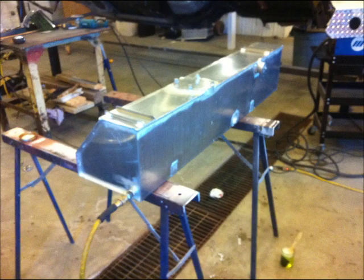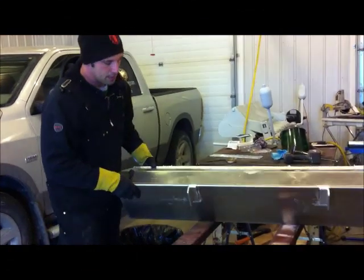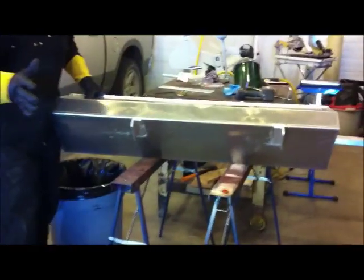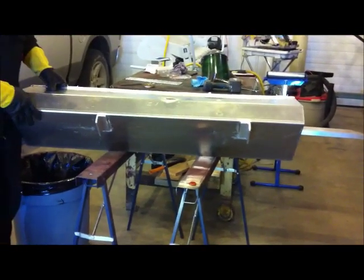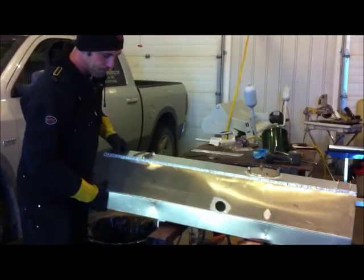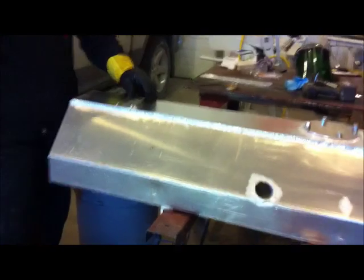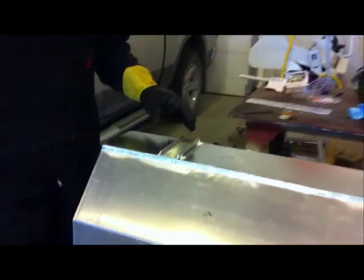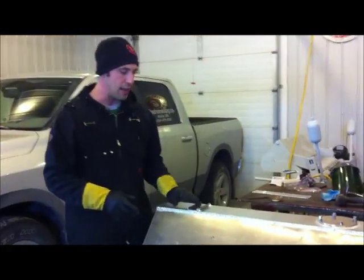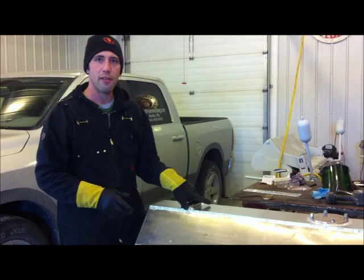In addition to shortening the tank, we welded brackets on the bottom that pick up between the frame rails in the car that will prevent the fuel tank from shifting from side to side. These are pieces for the straps to ride in. Because the gauge on this tank is quite light, I decided to do that as just an extra wear factor,